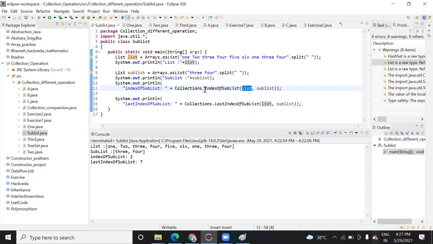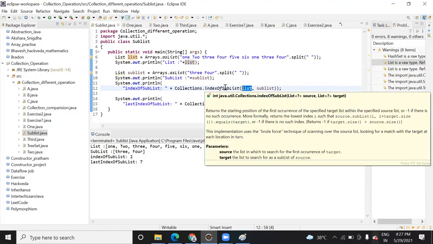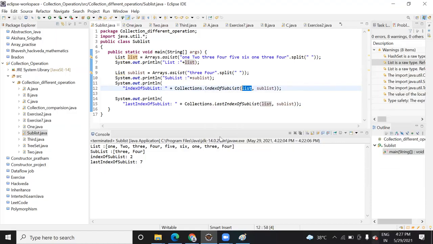As you know, index of sublist will print the index of the first element, and last index of list will print the index of the last occurrence. So this way you can do it.